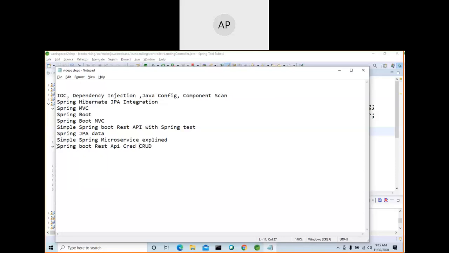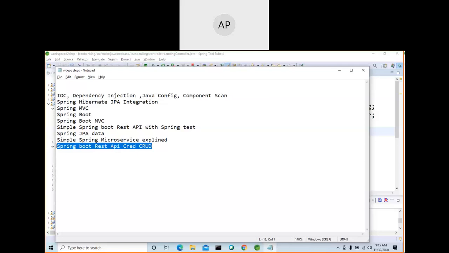Hereafter, if it is a Java-based application, we are going to use Spring, and only Spring Boot, nothing other than that. If you learn a Spring Boot CRUD operation with Spring Test, you are very near, so that you understand Spring MVC, Spring Data, dependency injection, AOP, and Spring Test.